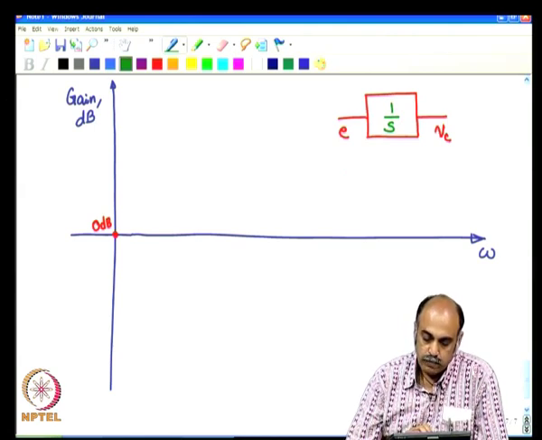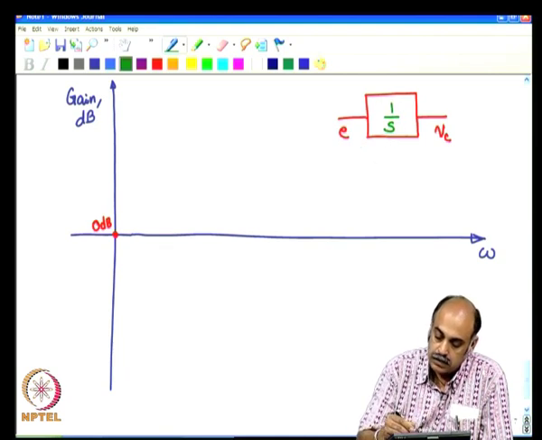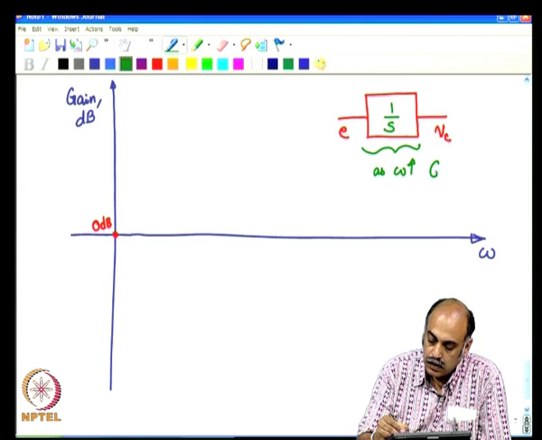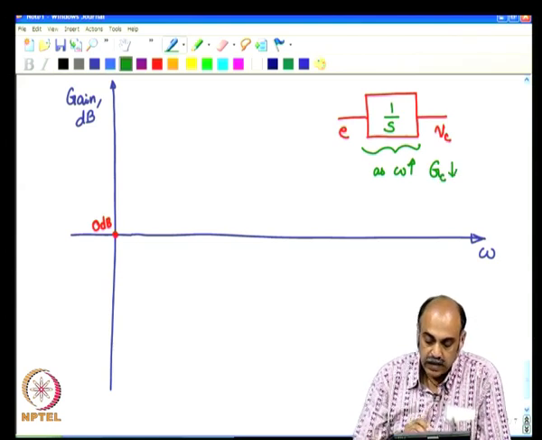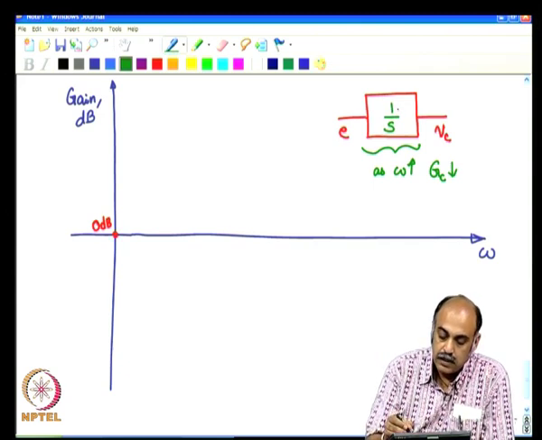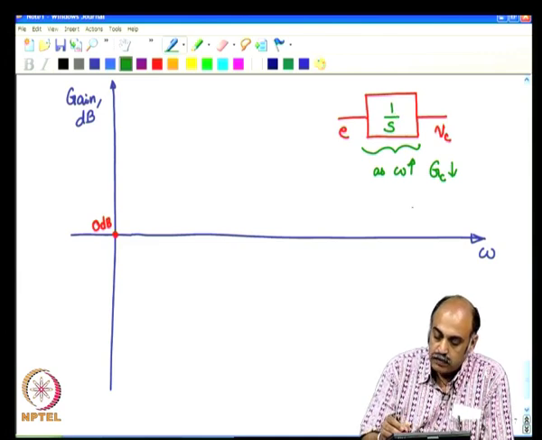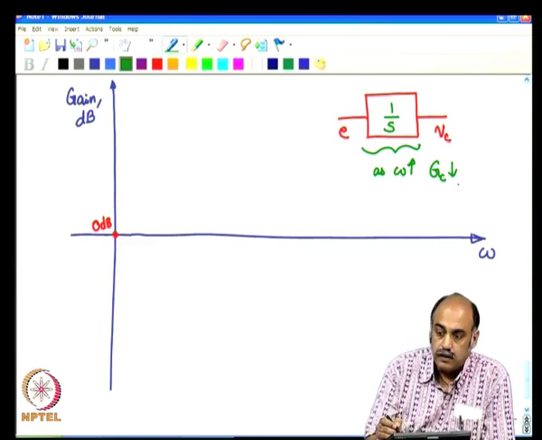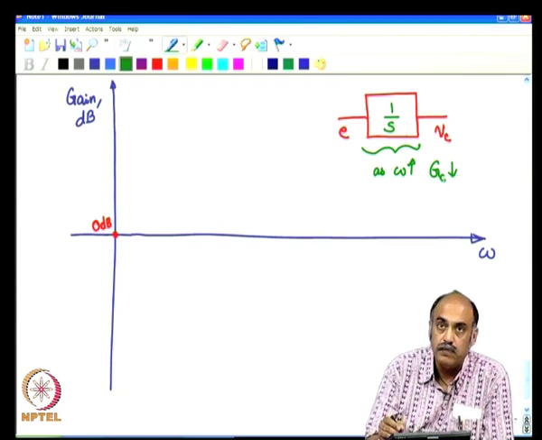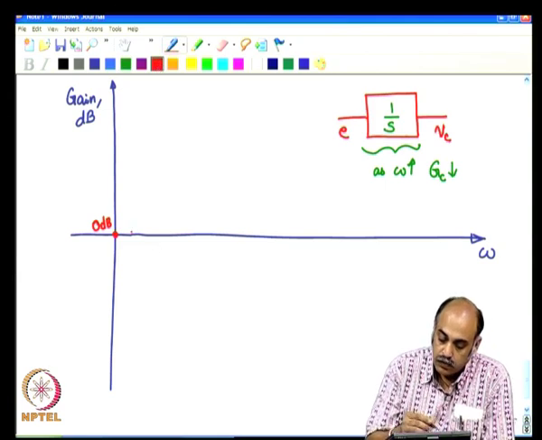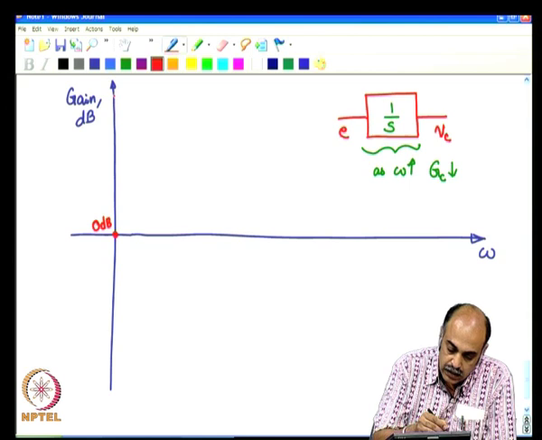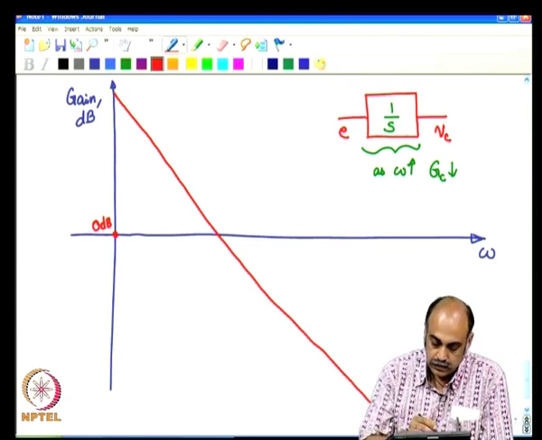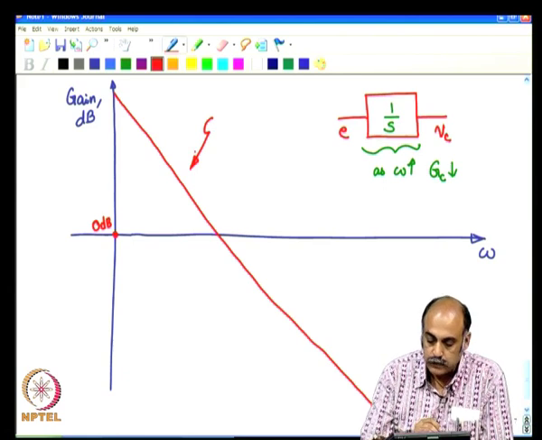Okay. So, as omega increases, this gain keeps decreasing. As omega increases, Gc decreases. So, at DC, when omega is equal to 0, the gain is a very high value, infinite value, and at very high frequencies, the denominator j omega is very large, and therefore, the gain presented by the controller is very low. So, essentially you will see, if you take it in logarithmic scale, a straight line which starts going down like this,